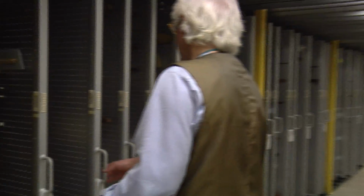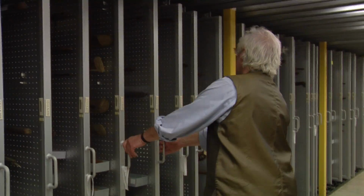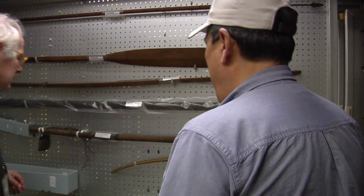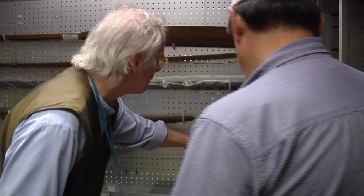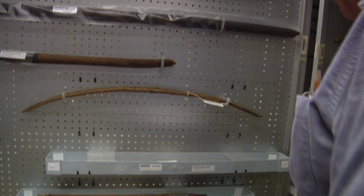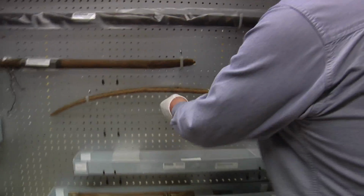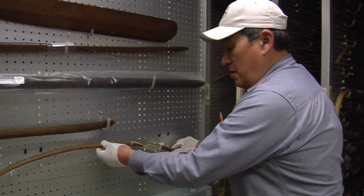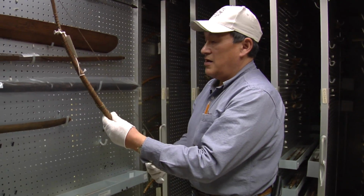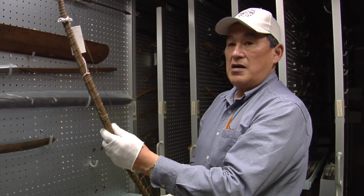Unfortunately, I don't have my crib sheet with me today. It goes right. This is the McFarland boat. Yep. Is that the one you were looking for? Yeah, this is, can I pull it up? Yeah, this is the kind I was thinking about, because this is a smaller version of the larger one